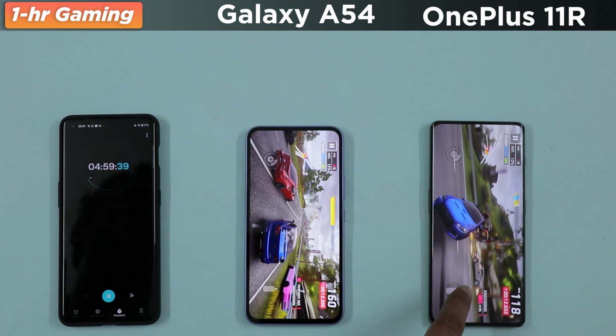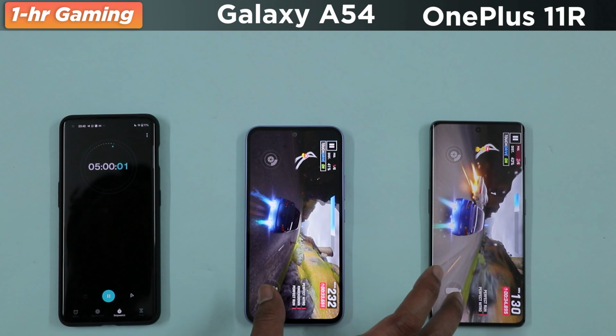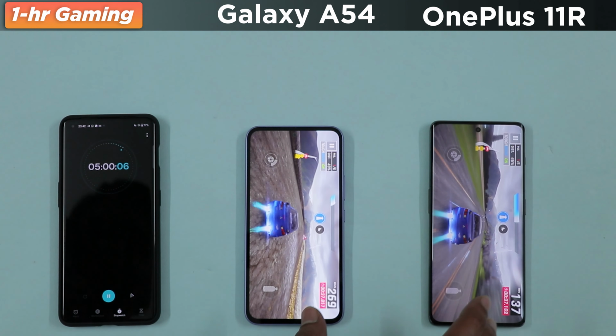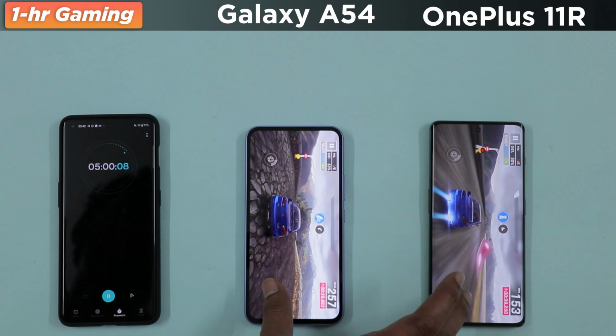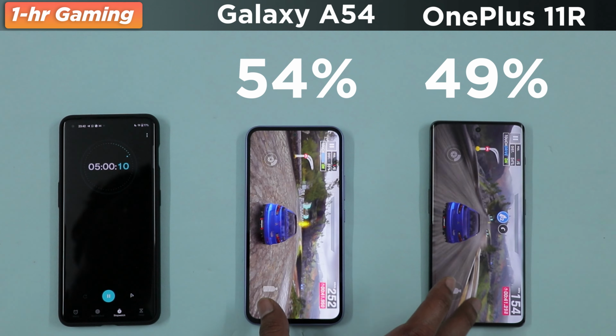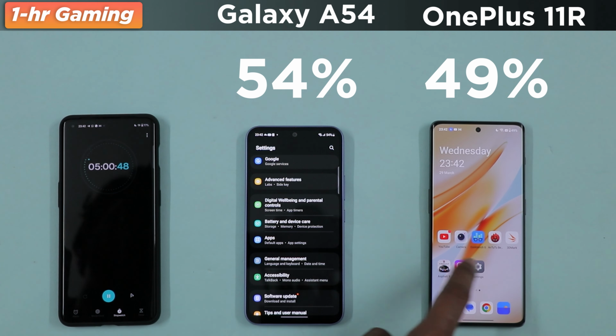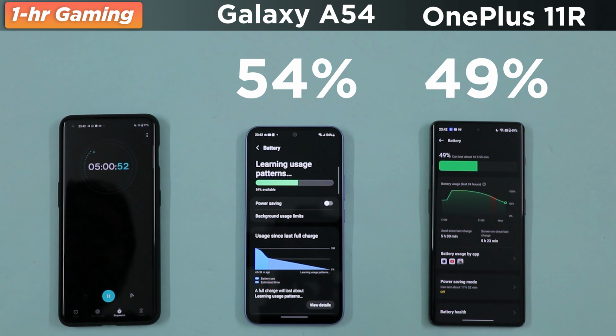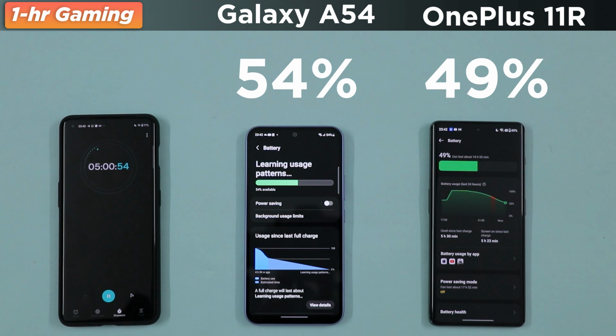So the moral of the story is that while the Galaxy A54 will be able to satisfy your gaming needs for the most part, the OnePlus 11R is without a doubt the superior one here when it comes to playing graphics intensive titles. And with 5 hours down in the test, surprisingly the Galaxy A54 has taken the lead for the first time in the test, and that too a good lead of 5%. The A54 is currently at 54% battery left, while the OnePlus 11R now trails with 49% battery left in the